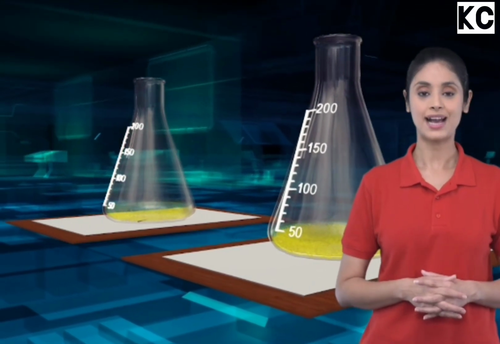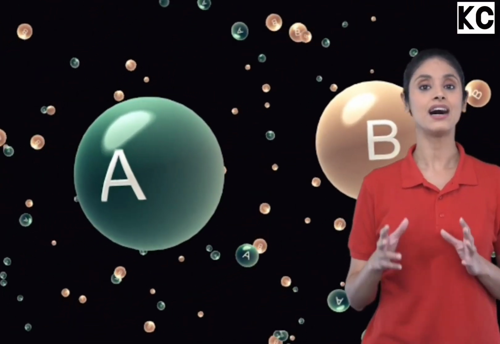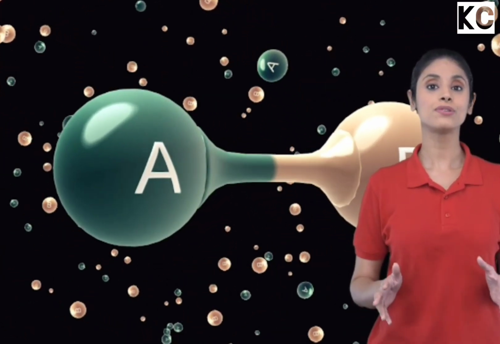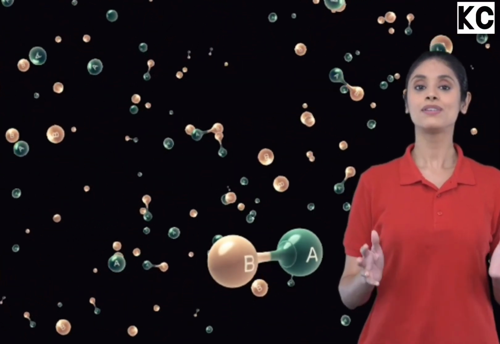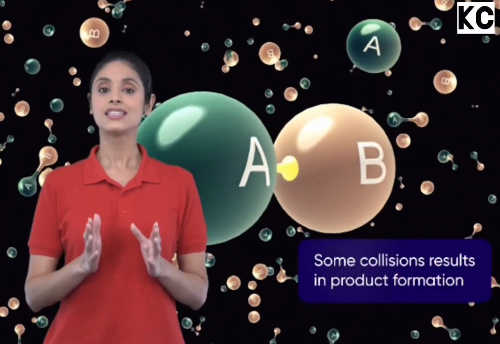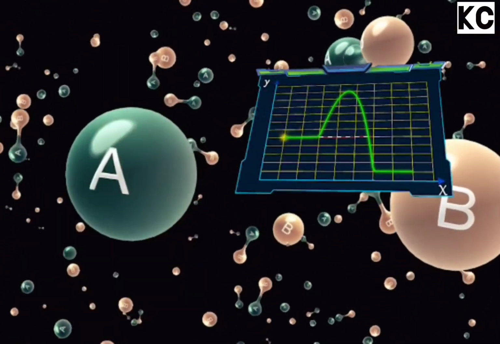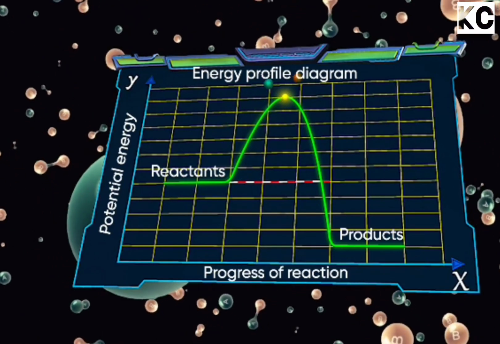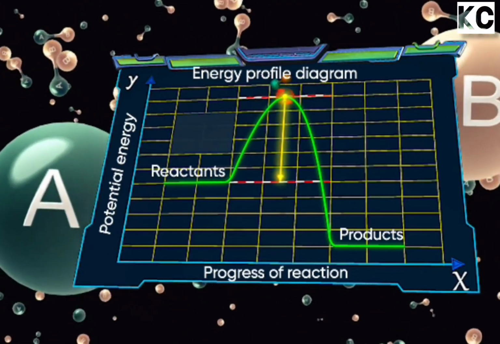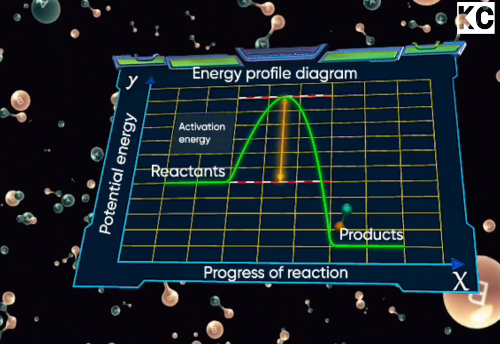Let's study why this happens. Consider a hypothetical situation when the reactants A and B are intermixed. All molecules have different speeds and hence possess different kinetic energies. When these molecules collide with each other, some collisions result in product formation, while others do not. This is because the colliding molecules must possess minimum threshold energy, called the activation energy, for an effective collision to